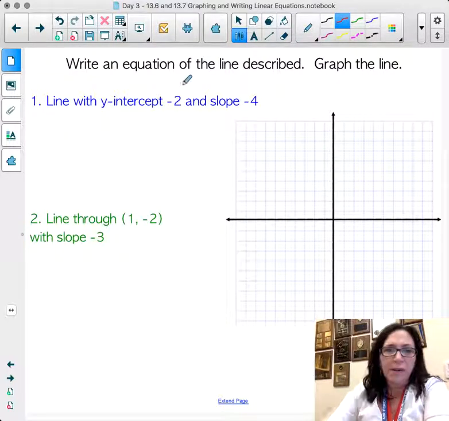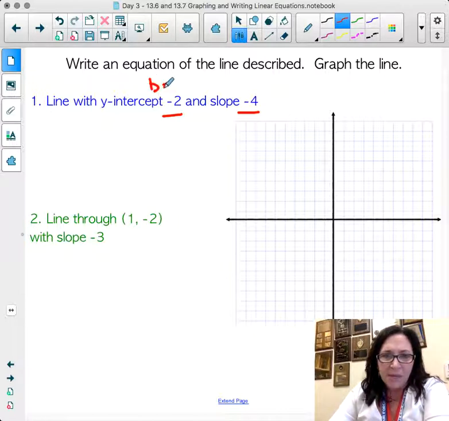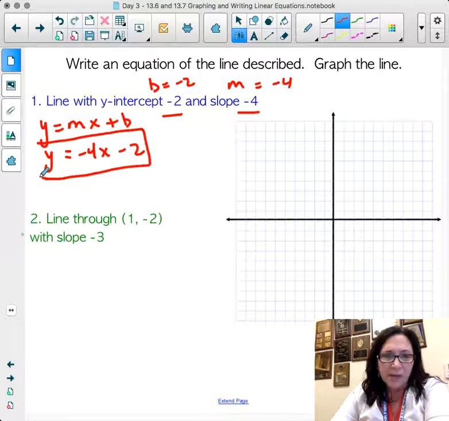So we're going to create an equation given we have a y-intercept of -2 and a slope of -4. So the y-intercept, that's my b, which is -2, and my slope is equal to -4. So you're going to say y equals mx plus b, because they gave me an intercept and a slope. So y is equal to m, which is -4x minus 2. So here's the equation of the line, and I want to graph that, which means I'm going to start at